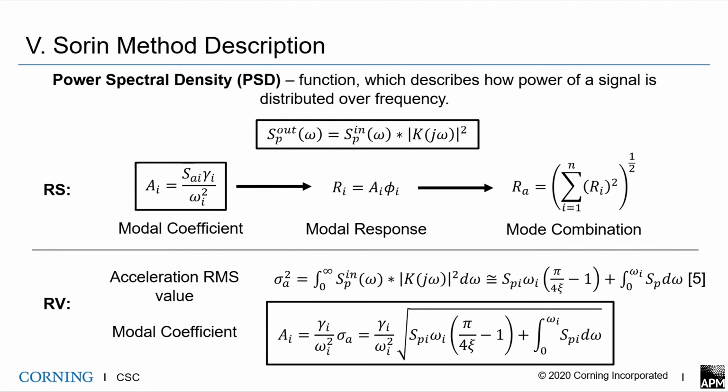Random vibration method uses power spectral density function instead of response spectrum as input. It is also based on modal superposition technique. The main difference between these two methods is in the output. In response spectrum method, we obtain deterministic maximum response of the structure, while